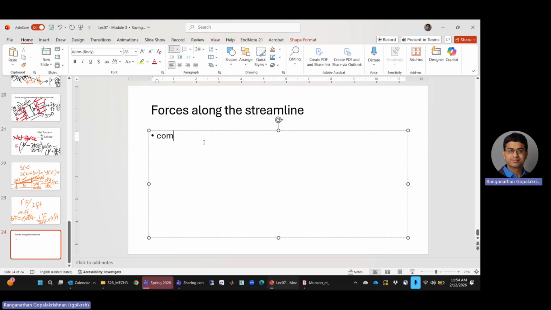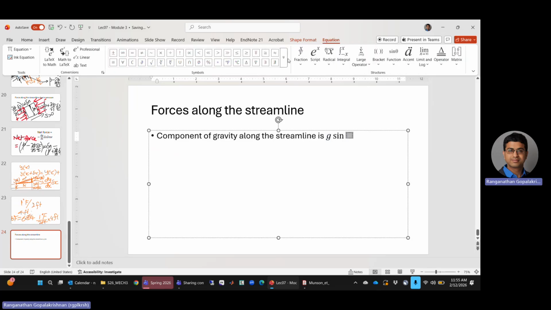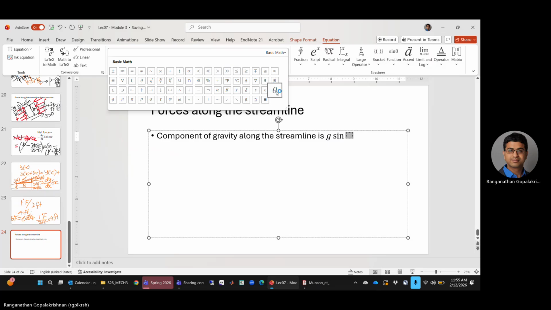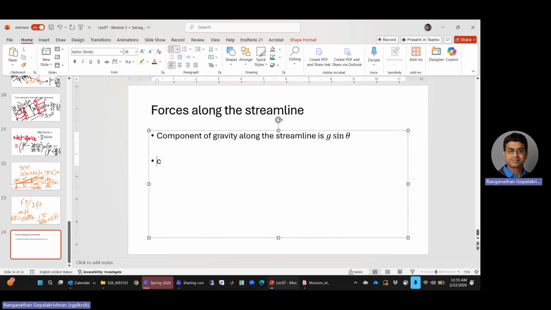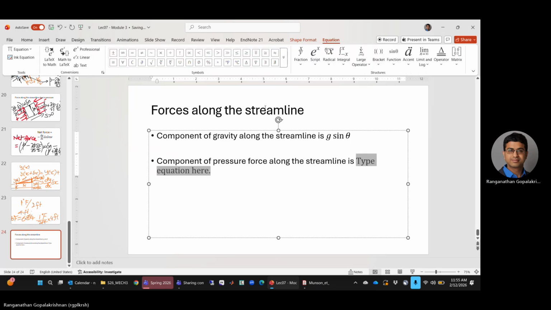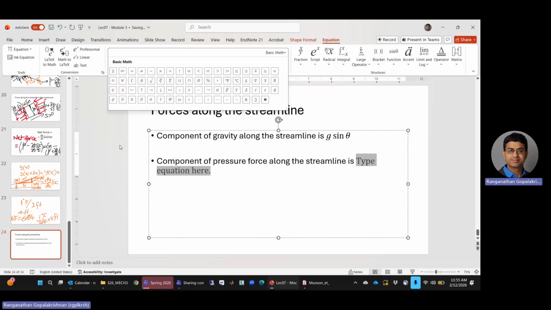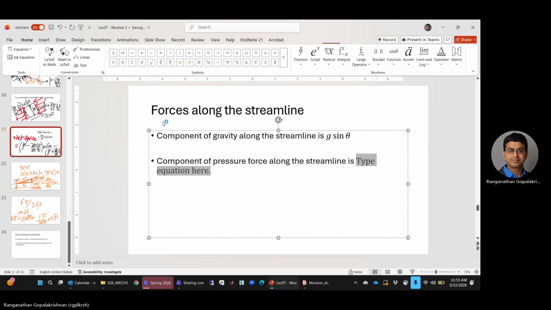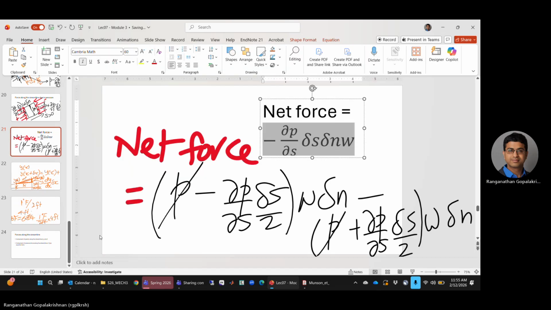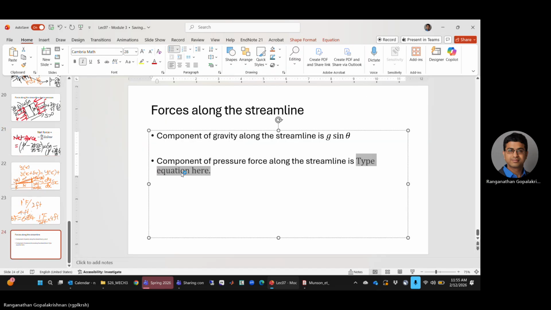The component of gravity along the streamline is g sine theta. All right. And the component of pressure force along the streamline, I can copy this and put it here, is